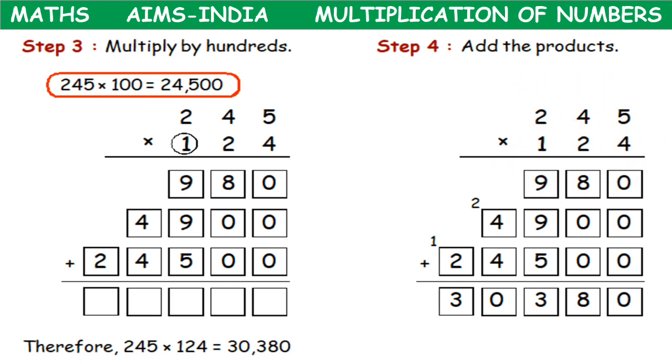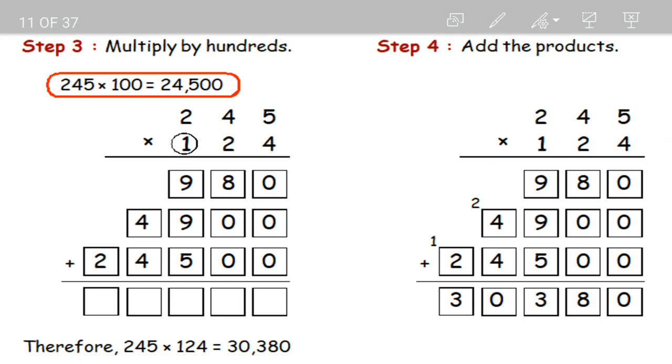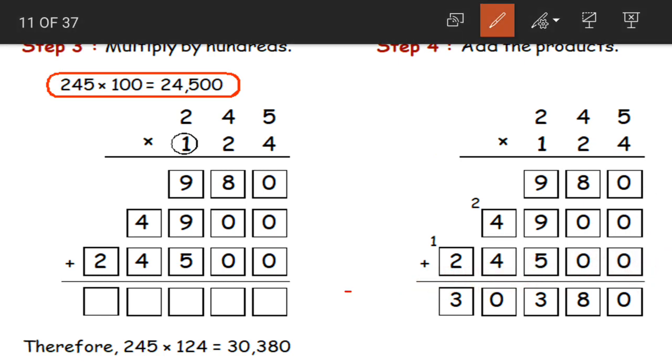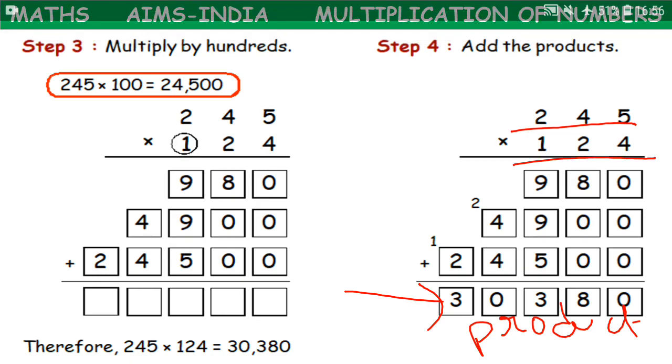It is simple, right? Just as we multiply other smaller numbers, we need to follow the same steps. Yes, first multiply with ones, then tens, and then hundreds. While multiplying with tens, remember to start in a new line and place 1 0 before writing the product. And while multiplying by hundreds, again start in a new line and place 2 zeros. After we get the partial products, add them up so that we'll get our final answer. 30,380 is our product of 245 into 124. Clear children?